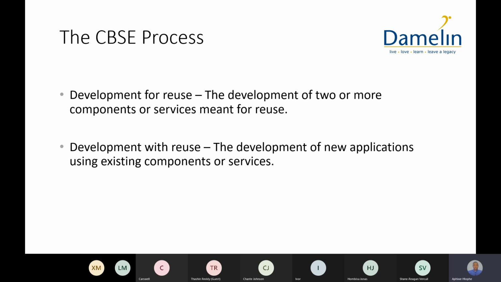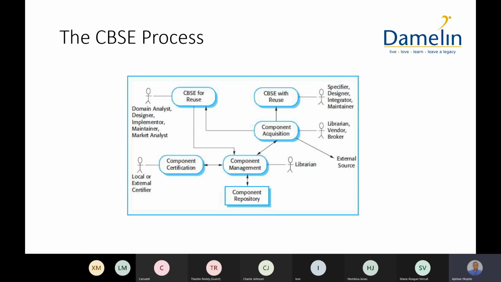So in terms of the CBSE process, it takes two main forms. We have development for reuse, and then we have development with reuse. Development for reuse is the development of two or more components or services meant for reuse. So here we're building components for the process of reuse. And when it comes to developing with reuse, we're using components that have already been built and integrating them into existing services or systems, okay? So don't confuse the two. And if you see in the slide that follows,